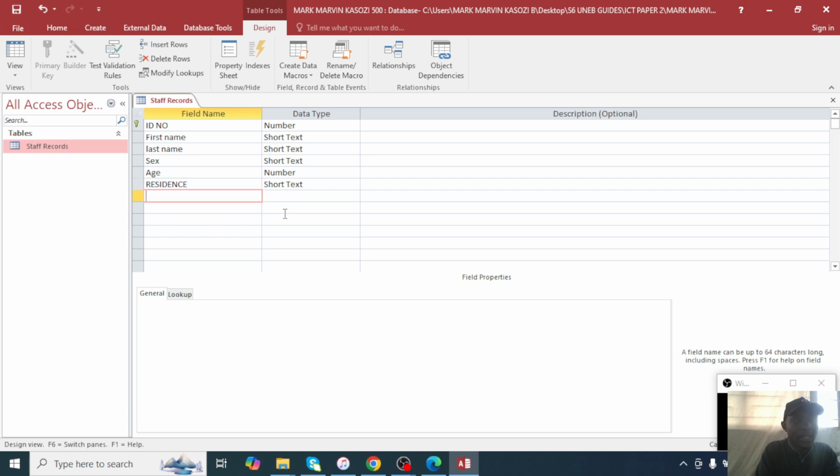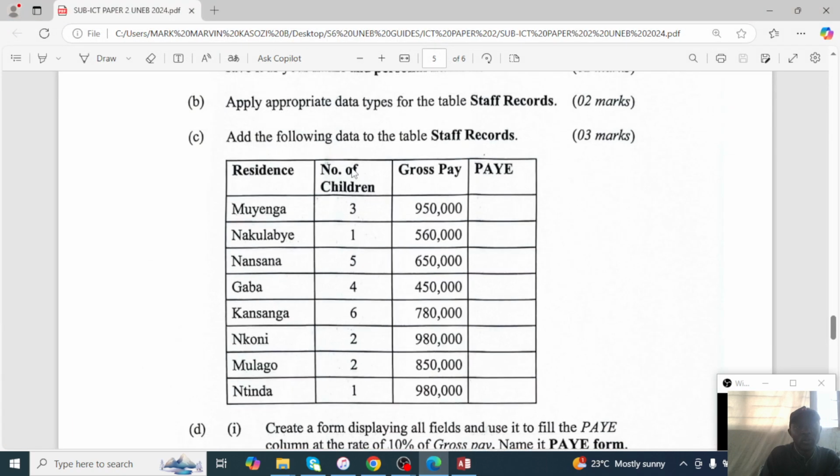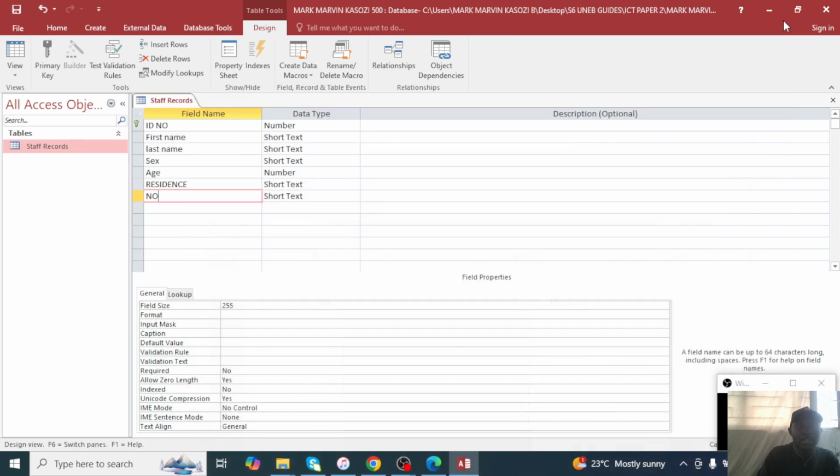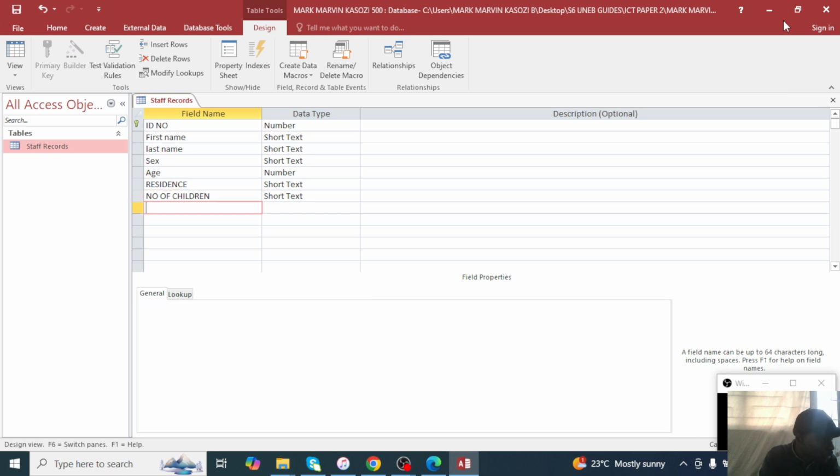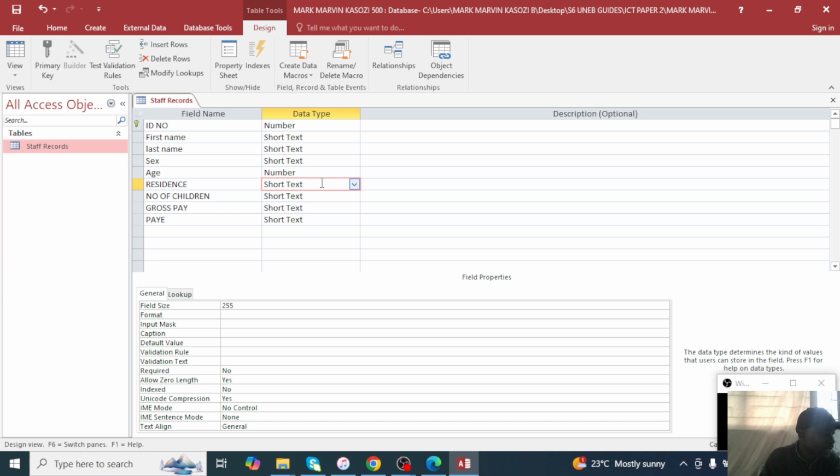I add fields of residence, then I add field of number. Now you note that at number of children there was a full stop. You don't put a full stop in database because the program could continuously generate an error, so it's better you type no of children without the full stop. Please note that. No of children, then gross pay, then payee as the new fields. Then I give them appropriate data types. Residence is text, number of children,